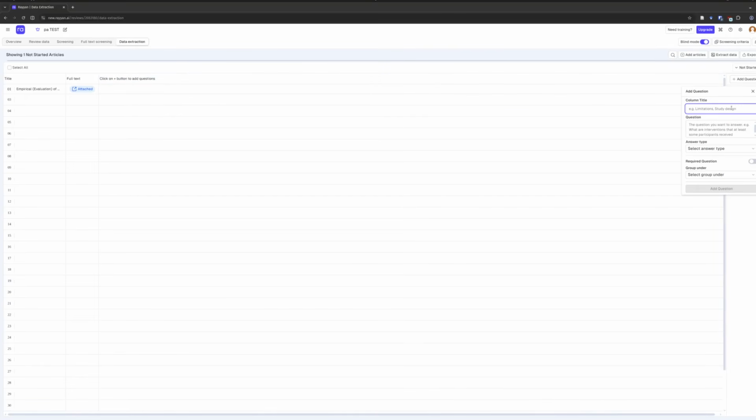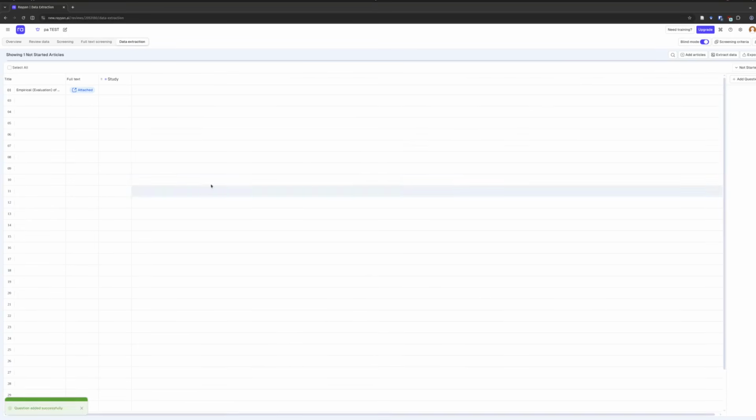We can add in whatever types of questions we want. So column title, I'm just going to say study, and I'm going to say study ID. And question type, I want this to be free text. I'm going to make this required, and it does make you put a group. I'm just going to put like blah, because I don't really care what the group is labeled. So I'm going to say, sure, I'm going to create a question group, and I'm going to call it blah, and I'm going to hit add question. And you can see what happens is now this gets beautifully updated, and we have this really nice interface here